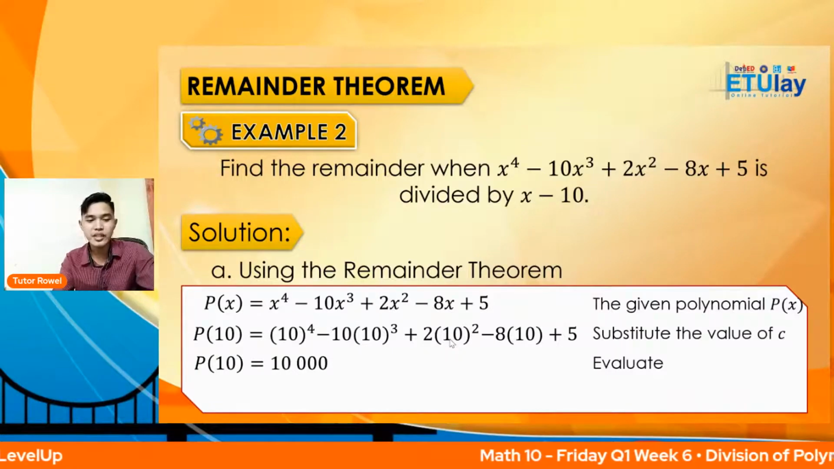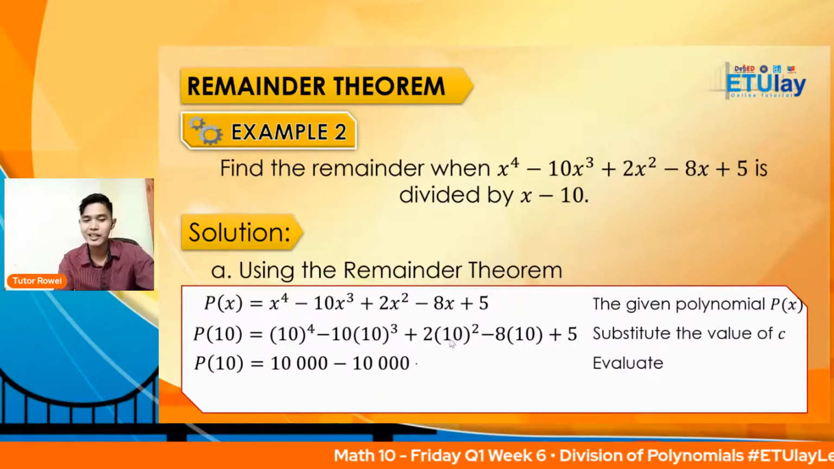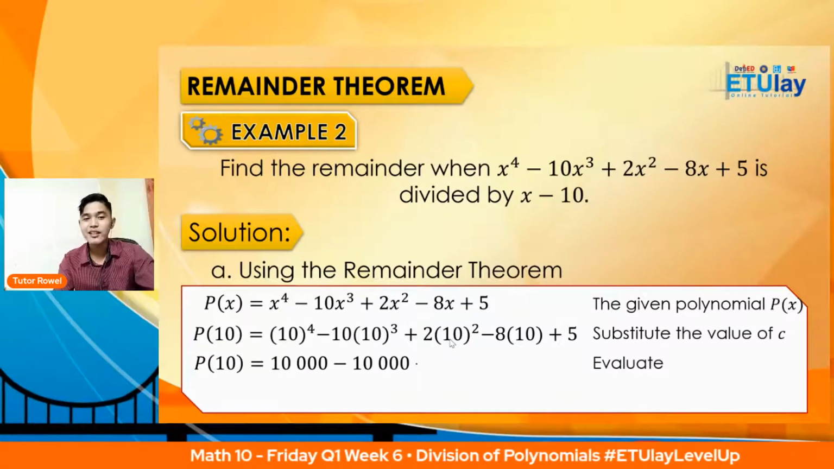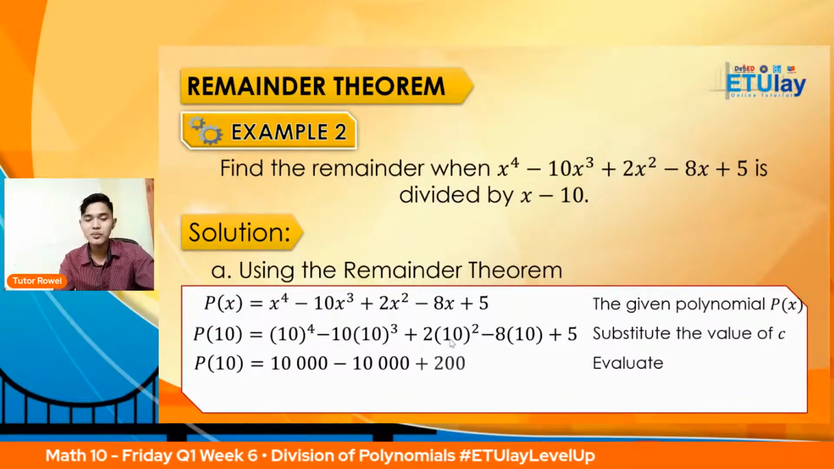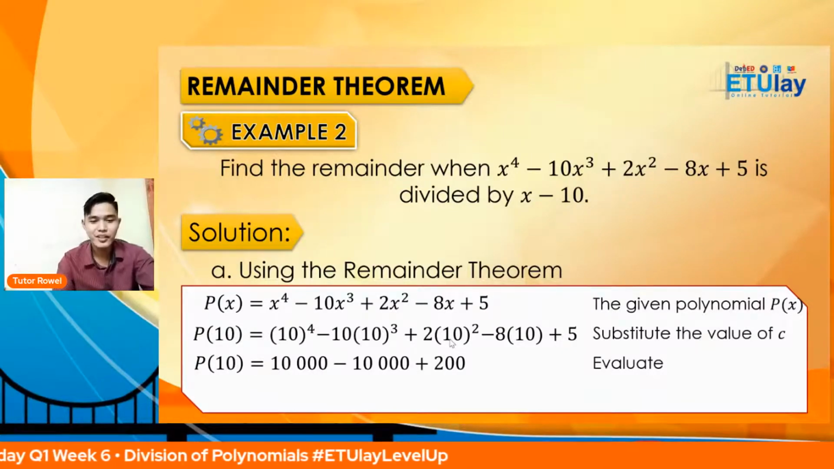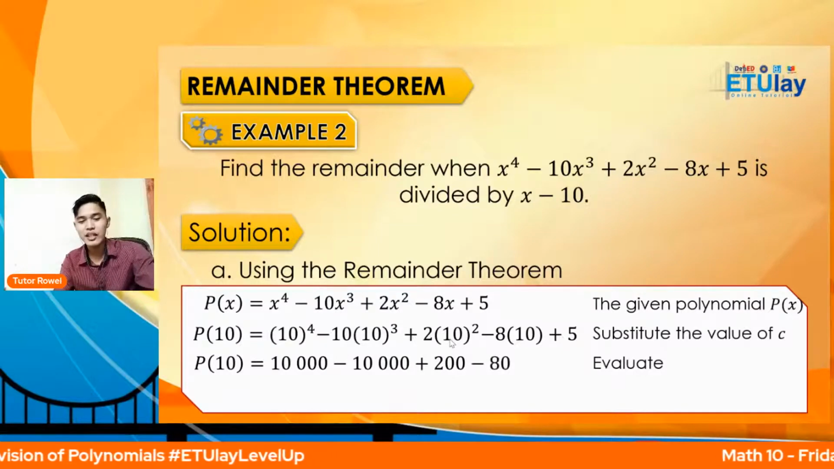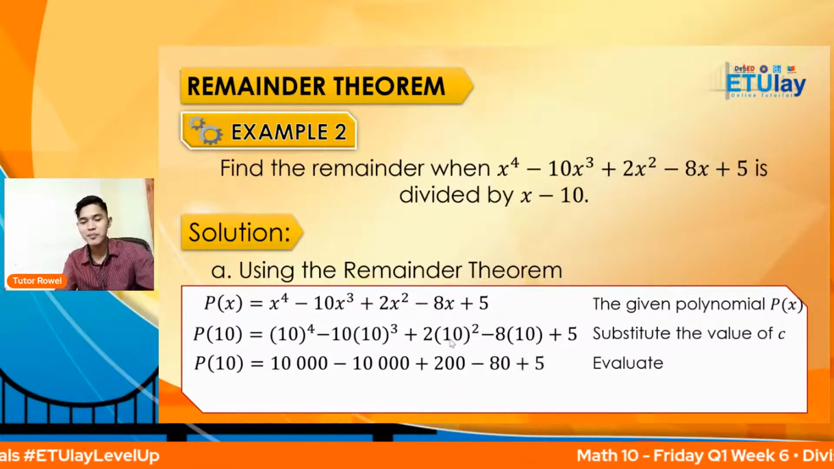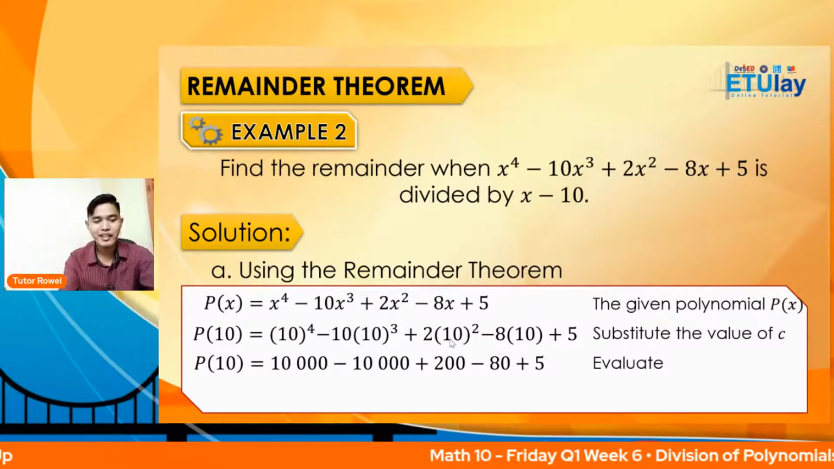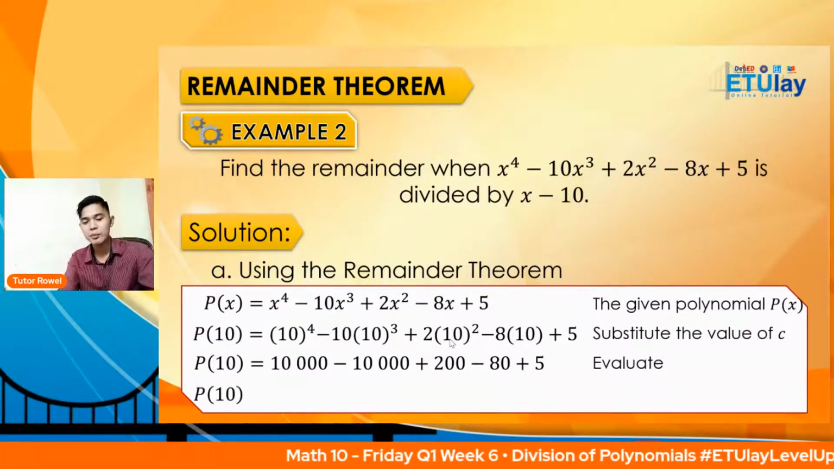Minus 10 times 10 cubed, magiging negative 10,000. 10 times 10 is 100, times 2, 200. Very good, Ina. Next, negative 8 times 10, negative 80. Plus 5. Now, simplify. Ang P of 10 natin, or P of 10 ay